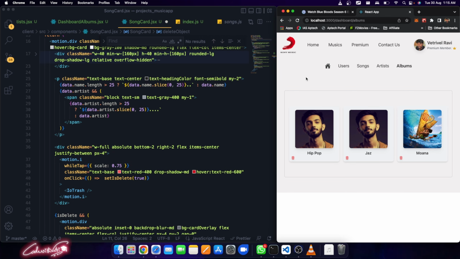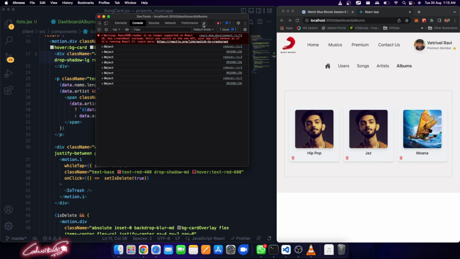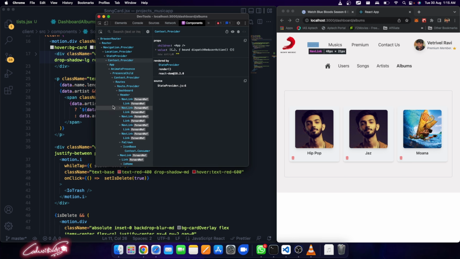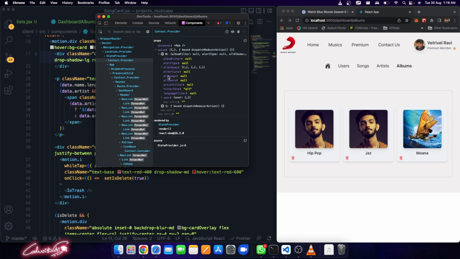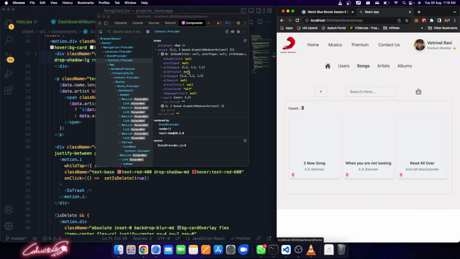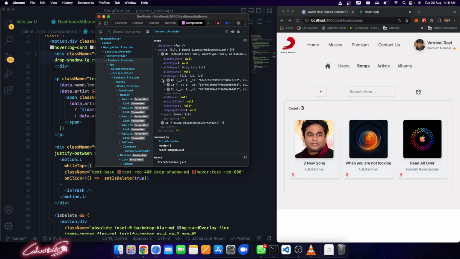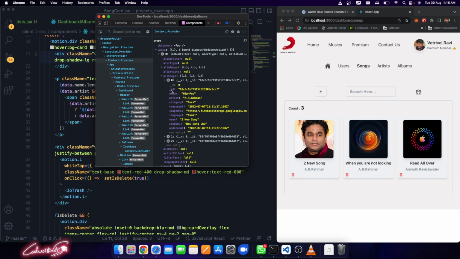Control Shift J, components. I need to see that ID. What is that ID? It is all songs. It's empty. Go to songs. So all songs here, ID operator, underscore ID, copy it,